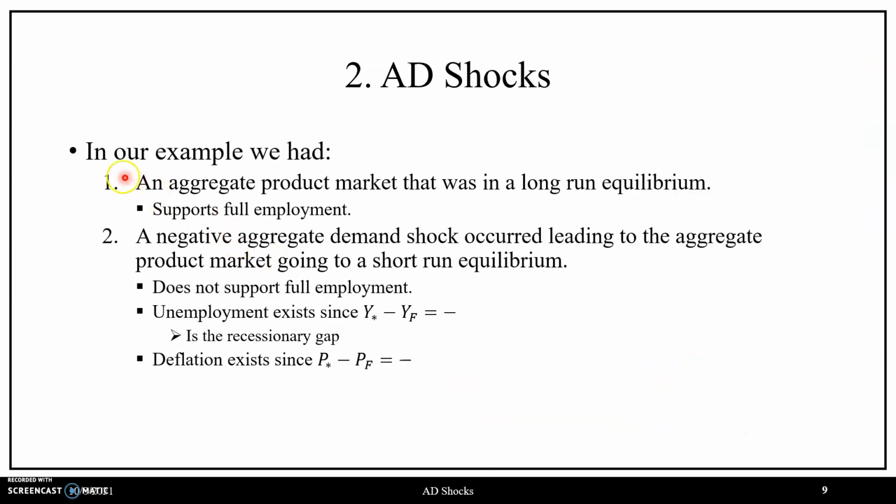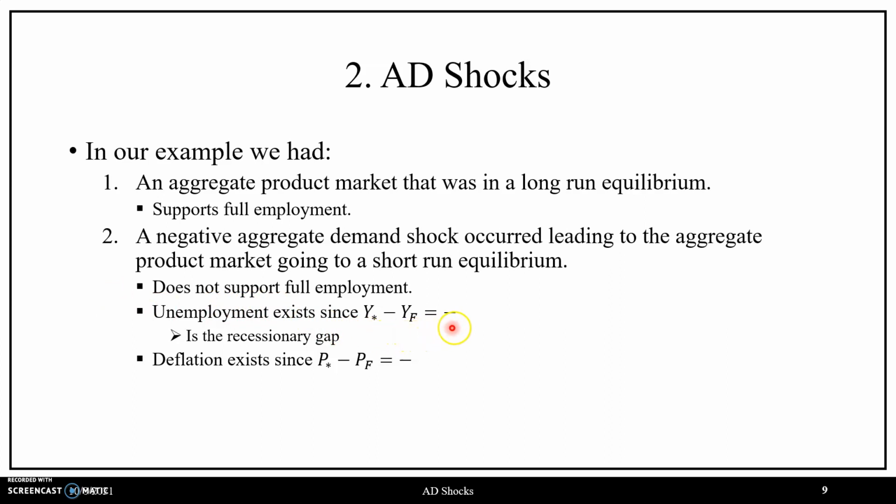So then, recapping what we saw in this example, an aggregate product market was in a long-run equilibrium state in that we supported our goal of full employment, the lowest rate of unemployment compatible with price stability. Then there was a negative shock to aggregate demand that led to the aggregate product market going to a short-run equilibrium state in which it does not support full employment, in that unemployment was going on in the form of cyclical unemployment,